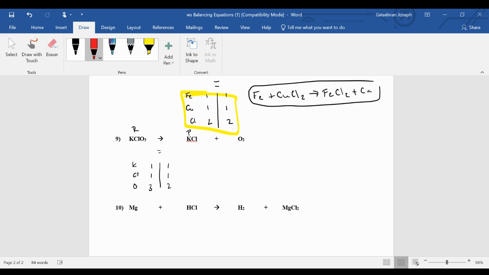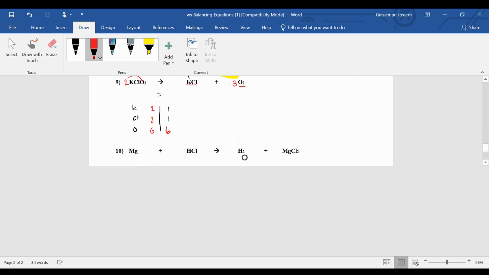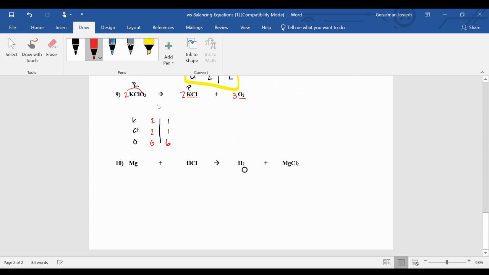Let's start here on the right side. 2 times what equals 6? 3. And that gives us now 6. Now the only problem is we got to multiply this whole thing by 2 because that gives us 6 here. The only problem then is that now it gives us 2 potassium, 2 chlorine. Well, that's a pretty easy fix, right? Because all we have to do is multiply that whole molecule by 2, so we distribute that 2 to both sides. And now everything's got 2 or 6, everything's balanced, and our equation reads